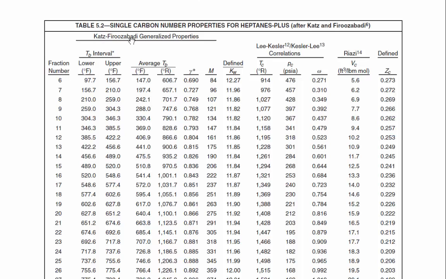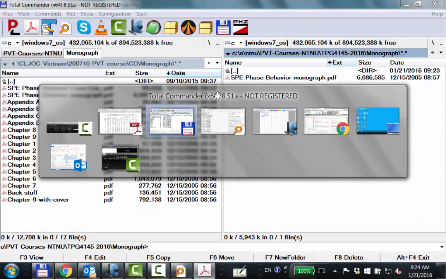So, you see, Katz and Firoozabadi, his first name is Abbas. Donald Katz, carbon fraction number, this should actually be single carbon number, normal boiling point, from normal C6 to normal C7, and then we've got an average molecular weight in his library of 96, which kind of makes sense. Primarily made up of alkanes, which have a molecular weight of 102. But your reservoir fluid might have an average molecular weight of the C7 of 101. It might have an average of 90. Okay? And accordingly,